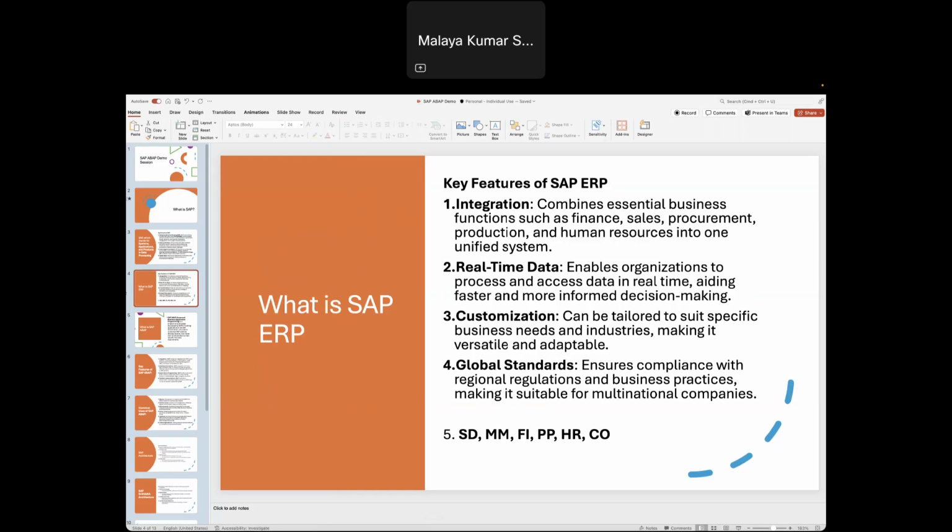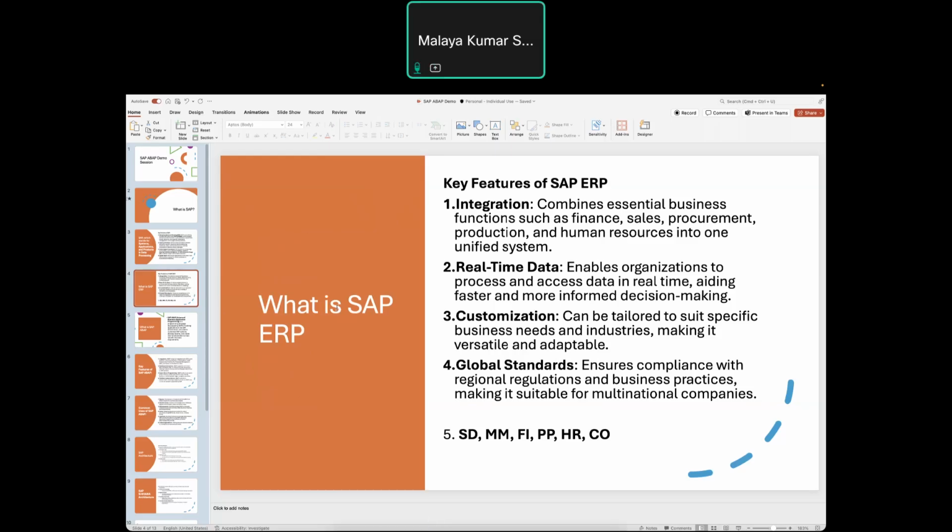Let's take an example. If you have sales and distribution and finance, whatever financial data you have in your sales and distribution model can also be managed. If you want to manage both sets of data, they can be integrated easily with SAP.